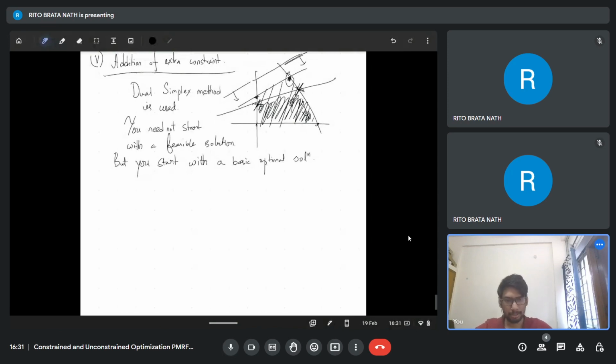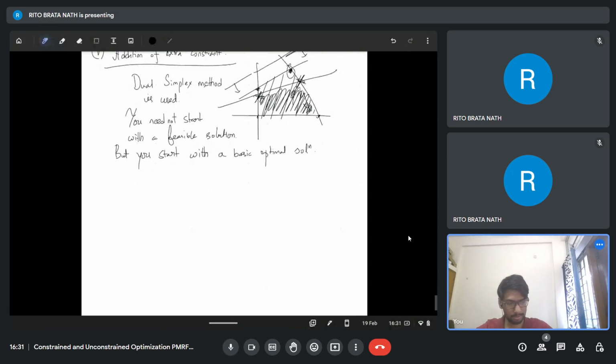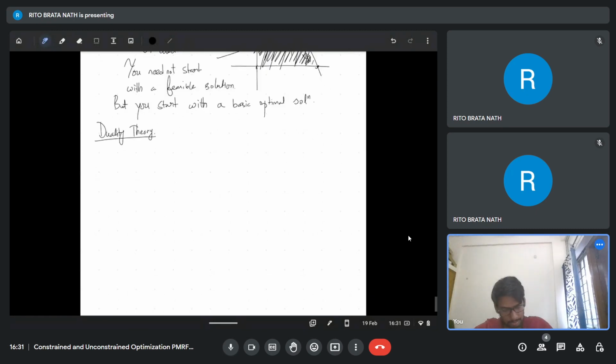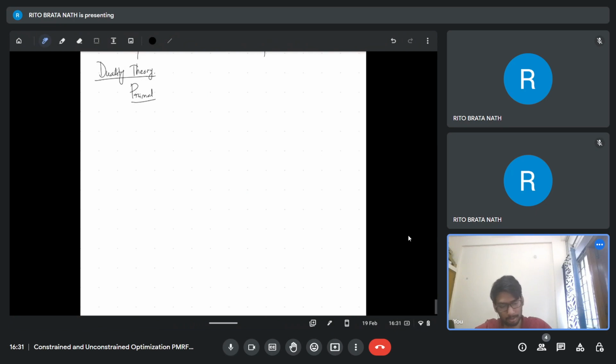All right, so let's start with this duality theory. Suppose this is my primal problem: max C transpose X in the vector form, subject to AX less than or equal to B and X greater than or equal to 0. Now my dual problem